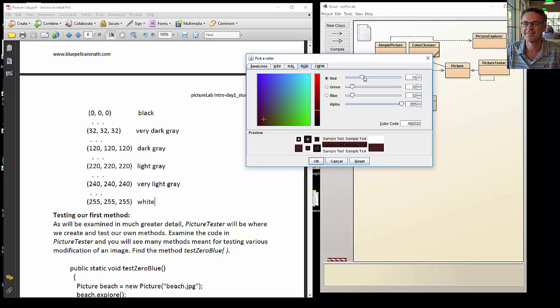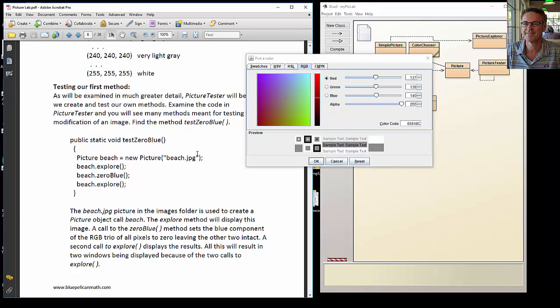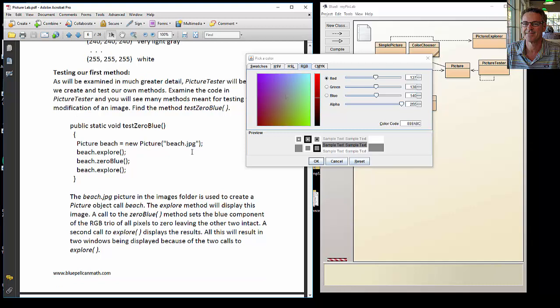Okay. Let's skip to 220. Let's go to 220 each. Around 220 each. Okay, you can see it's a super light gray. Okay, so that's how you make gray, by having similar amounts of each color. Medium gray here in the middle. But again, this is in the College Board's packet. They want you to know how to make gray. And then finally, they want you to